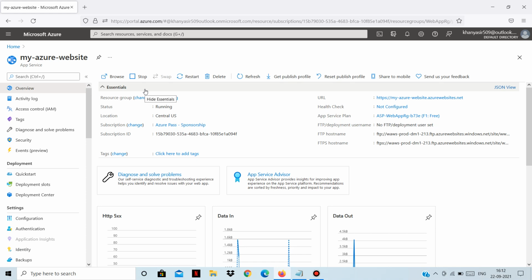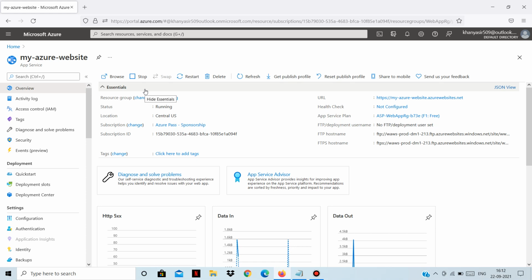The next method is manual deployment. Here you have to manually push your code to Azure Web App Service. The few options you can use are, first, Git, or you can use the az webapp up command. It's a bash CLI command. Also you can use zip deploy.